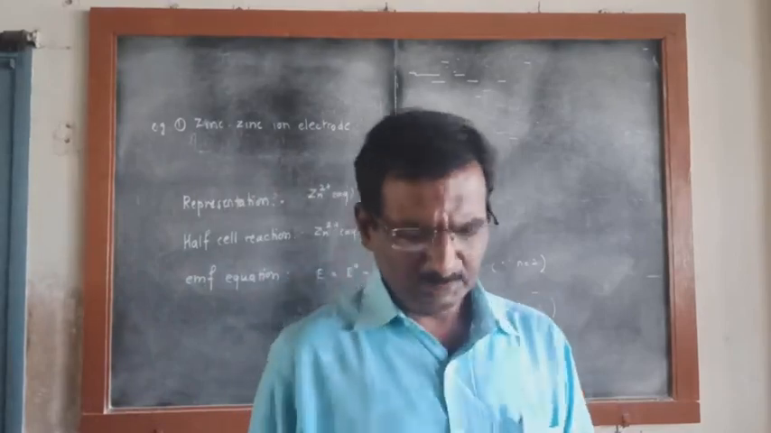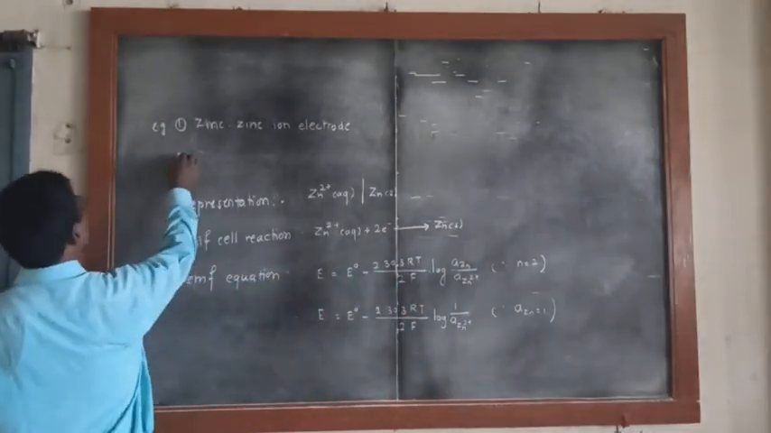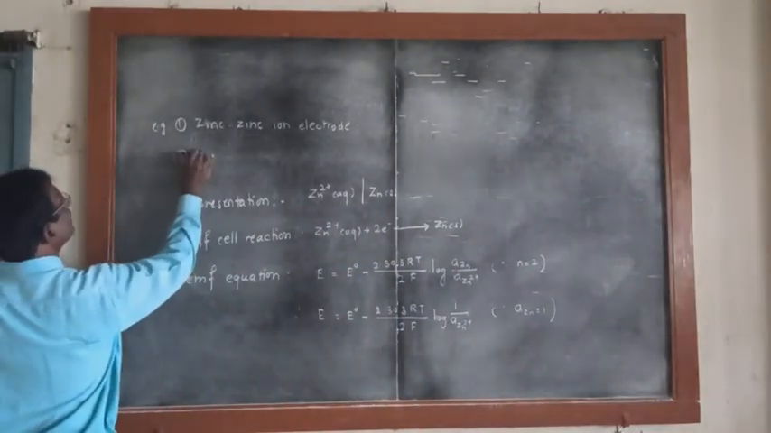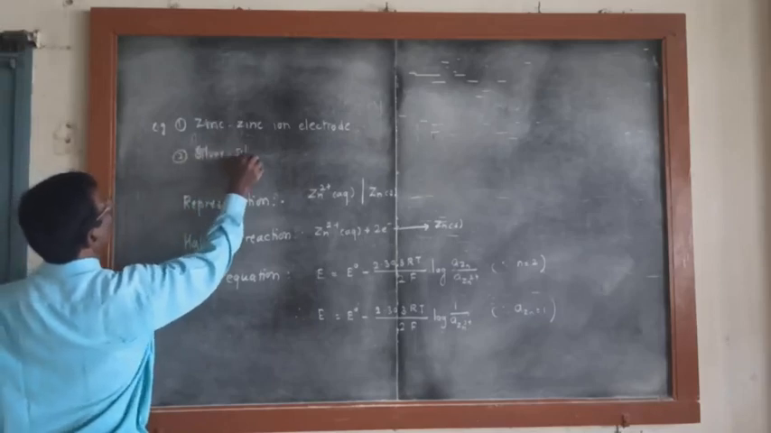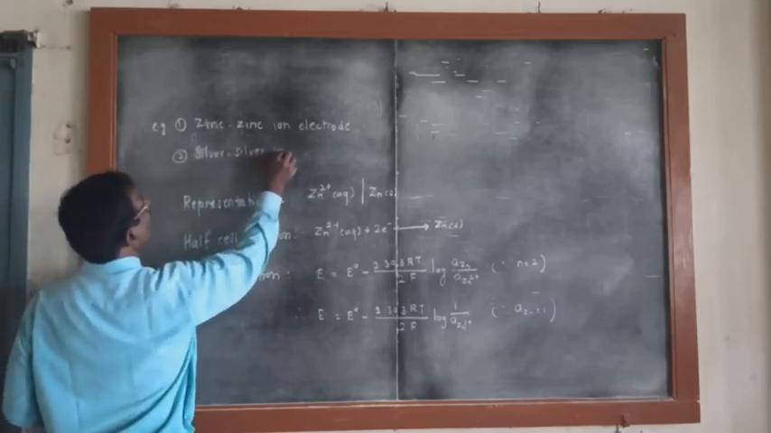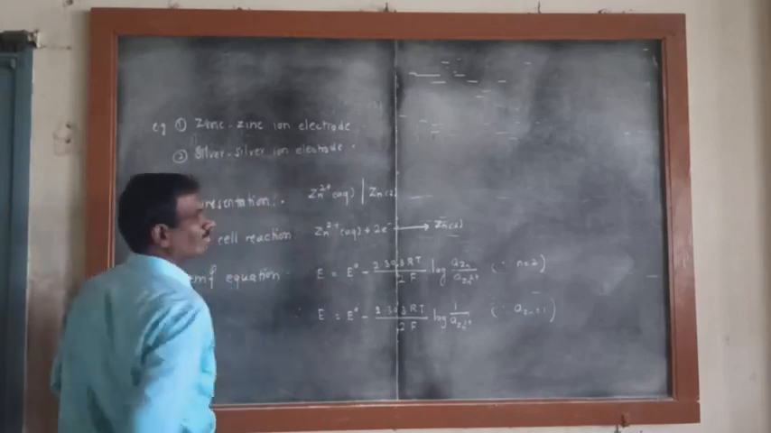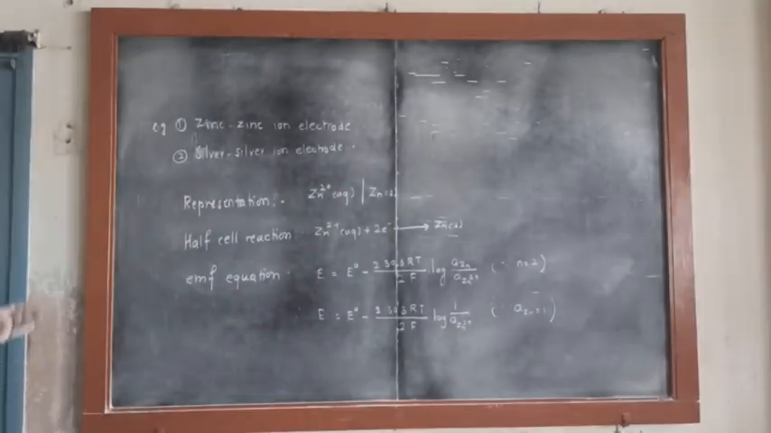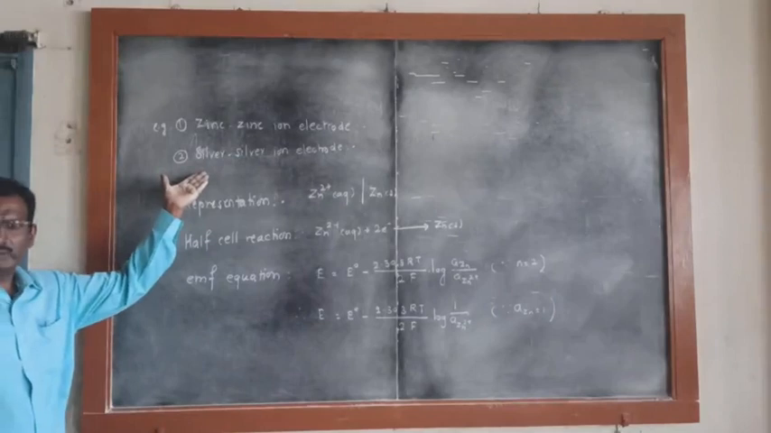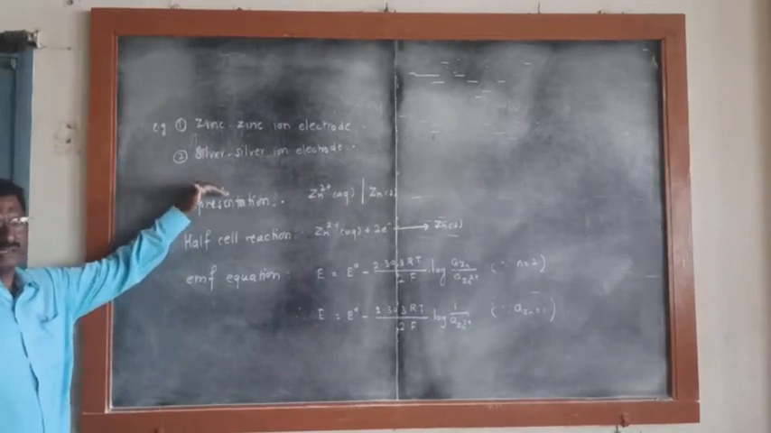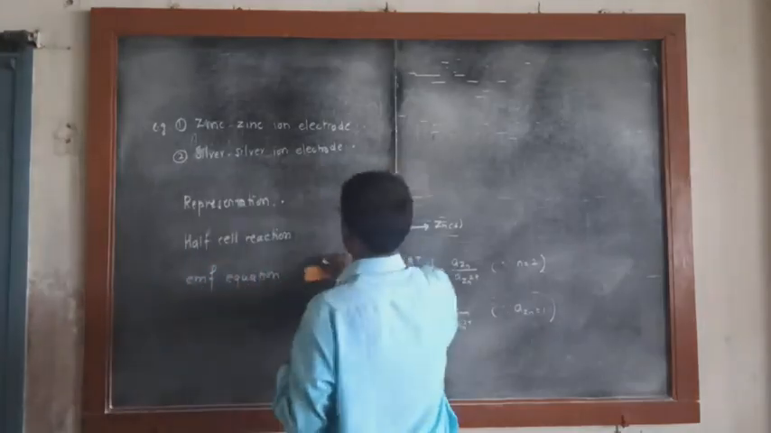Then another example we have to take. The second example is silver ion electrode. In this case, the metal Ag is in contact with its Ag+ ions solution. Therefore, representation of this electrode is,